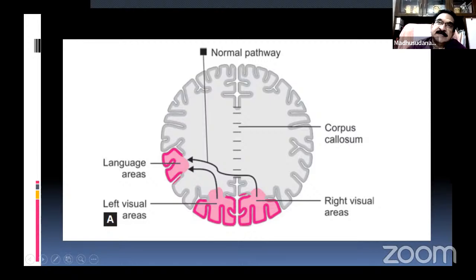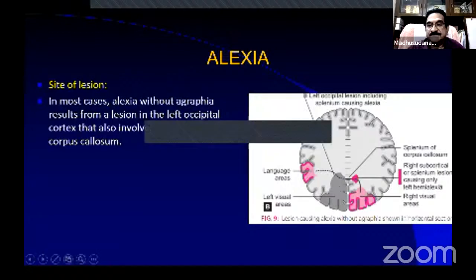To recognize what you have written, to read what is written, the visual information from both occipital cortices should reach this language area. Correct? This is situated in the left hemisphere, the dominant hemisphere. The visual information in the left visual area can directly go to the language area, and from the right through the corpus callosum. Correct? So the usual situation is that if there is a lesion here,